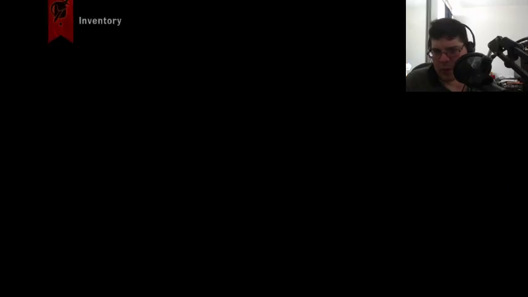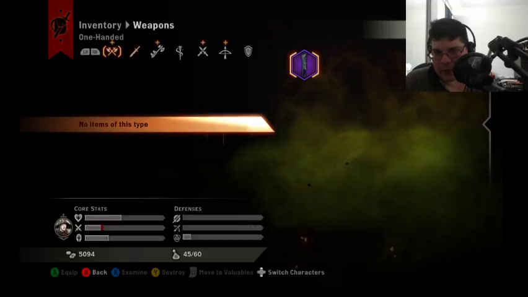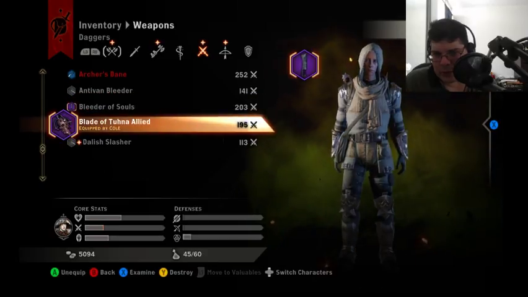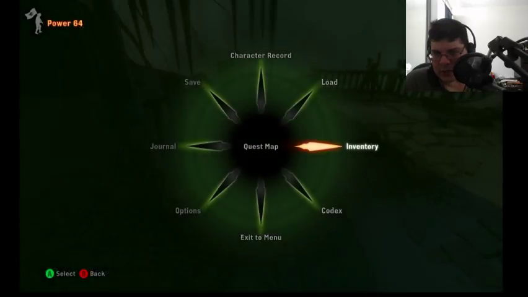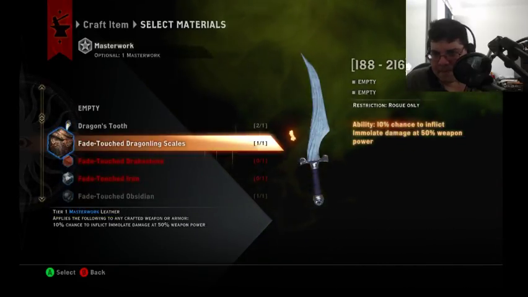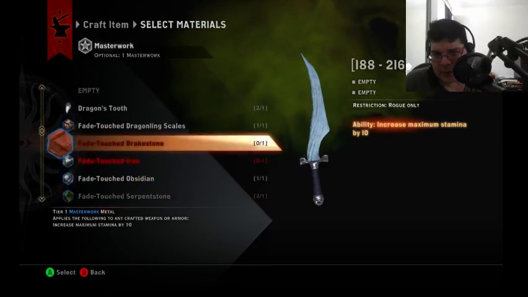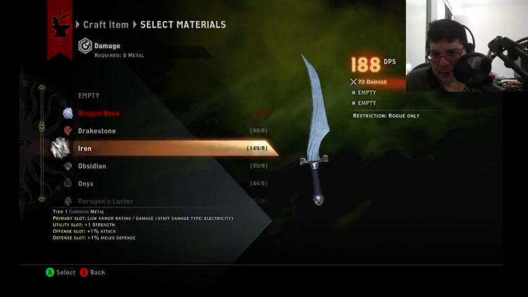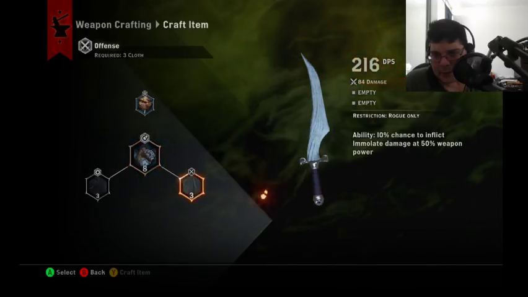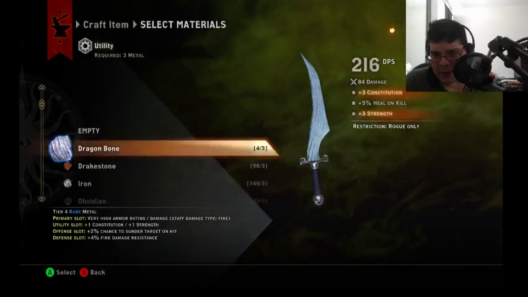Okay, let me check what Cole is wielding. 252. Oh, he can't. 195. I can do a 216. Let's do a 216. Let's give him heal on hit because